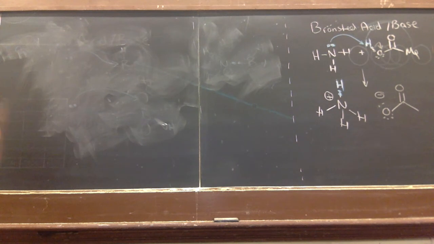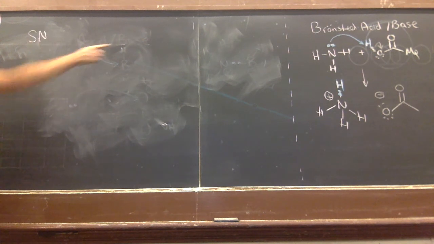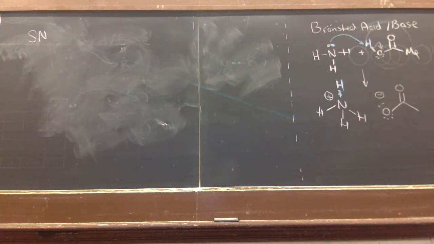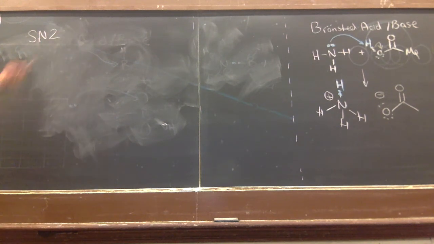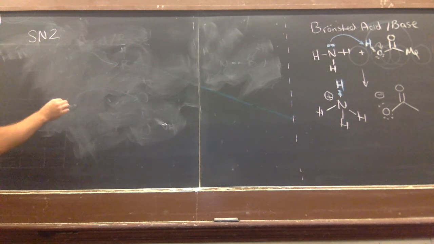Now, in substitution chemistry, obviously we can break it down. We discussed this a little bit yesterday, that you can break it up into 2 types, right? So you have your exact parallel to Bronsted acid, Bronsted base, and that would be SN2, right? And so in an SN2 reaction, to show an example of an SN2 reaction, usually what would happen is you would have,